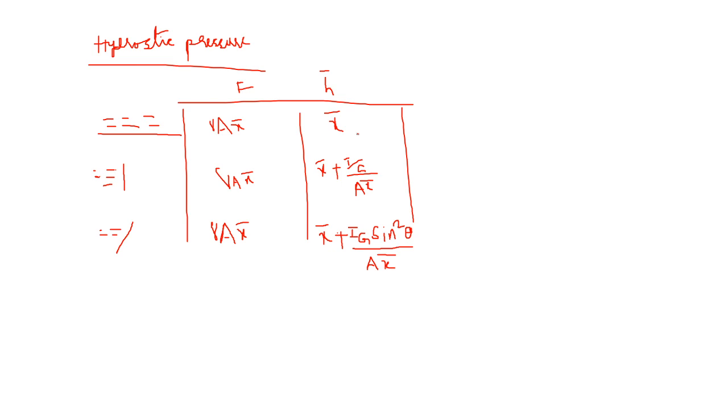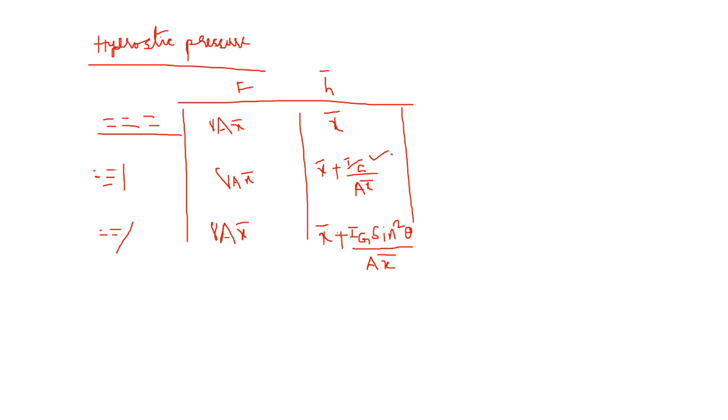For this Ig value, you have to take for rectangular BD cube by 12, triangular BH cube by 12. Moment of inertia at the base, if it is at the center of gravity parallel to the base, that is BH cube by 36 or BD cube by 36. If you take the circle, that is pi d to the power 4 by 64, like this. If the trapezium is there, that is another scenario. You have to find out all those things.